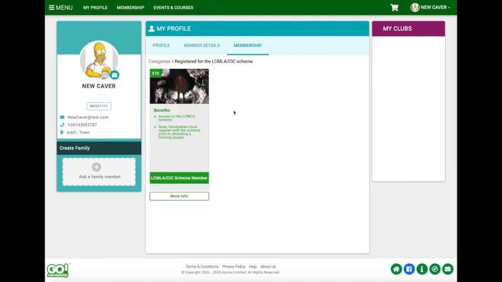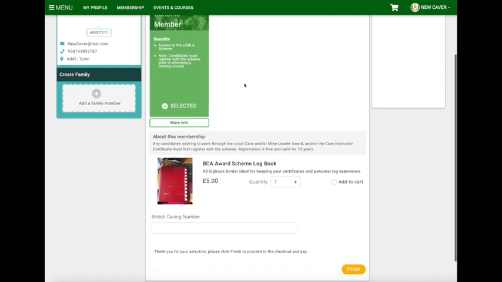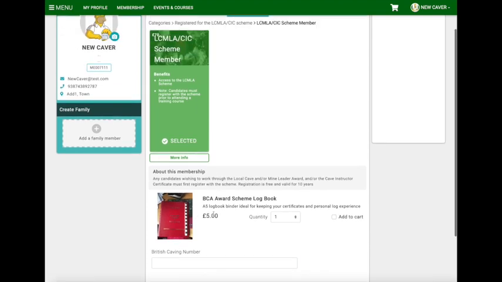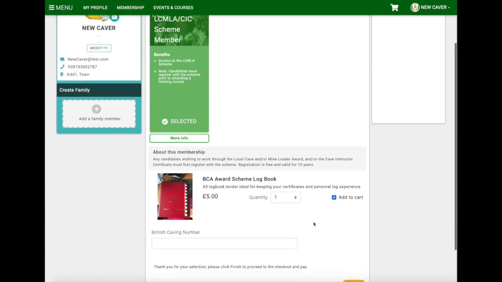license. And you can see here that it says that you must register within the scheme, and we've put a cost on here at the moment at 70 quid. So we need to have a discussion about that. So click on that. And you can see that we've got an option of buying a logbook. So this is another topic of conversation for us, really, in do we want to include the price of the logbook in the registration fees, or do we want people to opt to buy them as an added extra, and then what are we going to charge? And £5 is not enough. That just about covers the cost of the